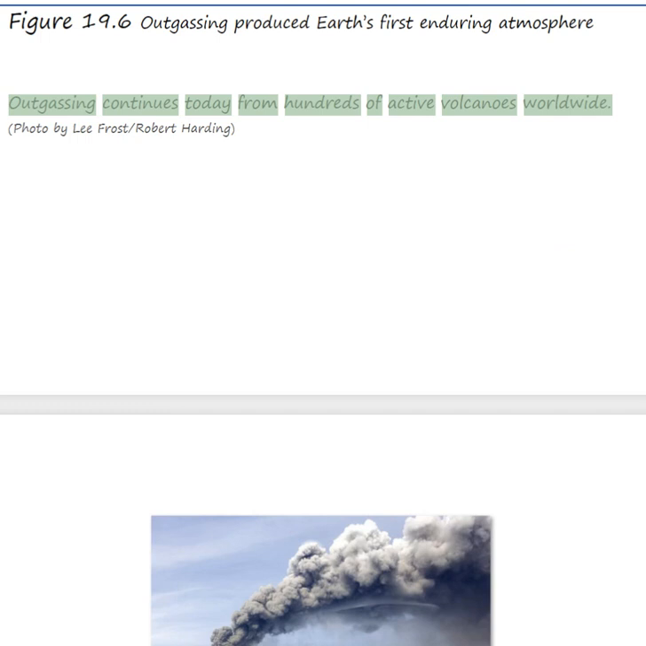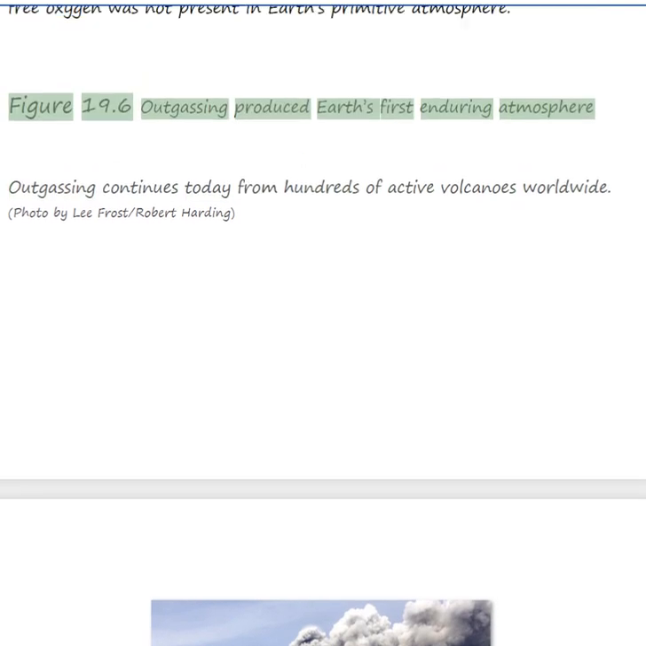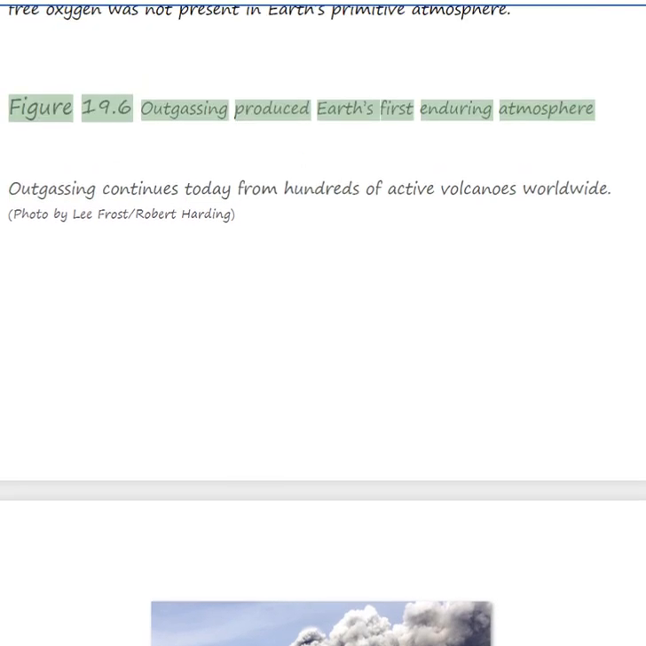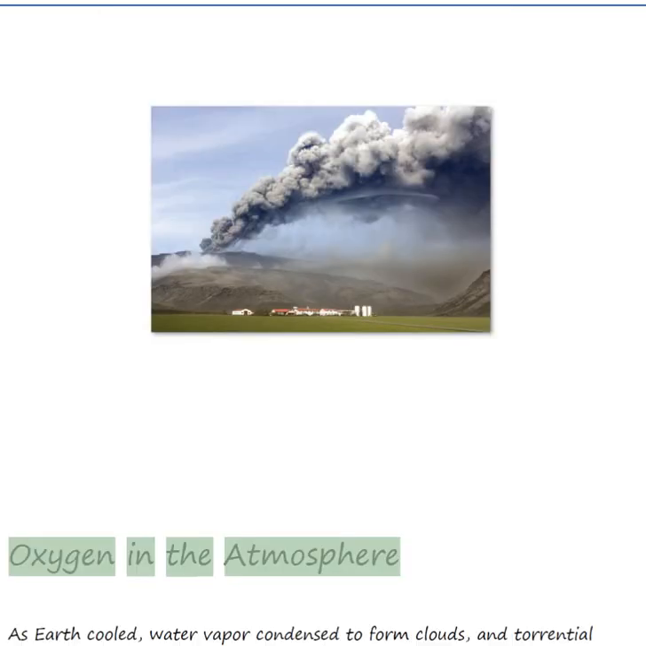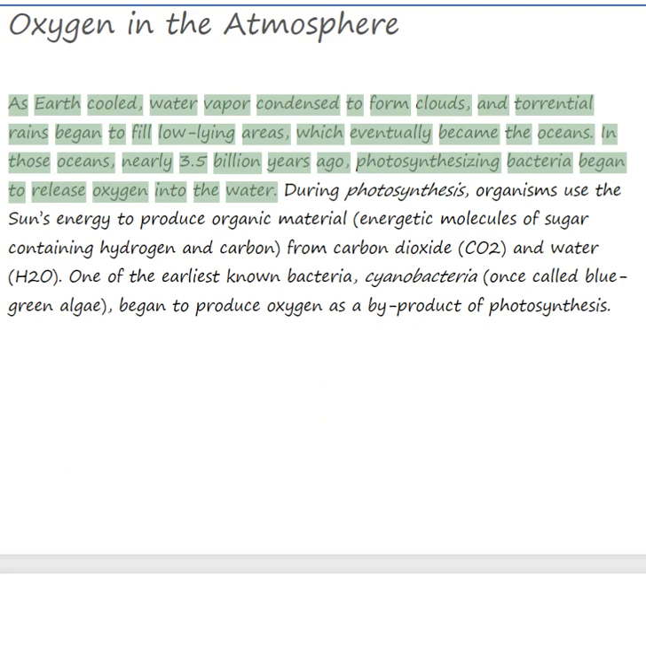Outgassing continues today from hundreds of active volcanoes worldwide. Figure 19.6 Outgassing produced Earth's first enduring atmosphere. Oxygen in the atmosphere. As Earth cooled, water vapor condensed to form clouds, and torrential rains began to fill low-lying areas,